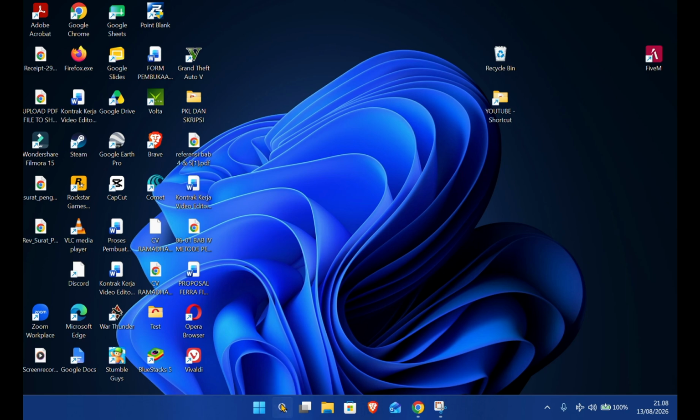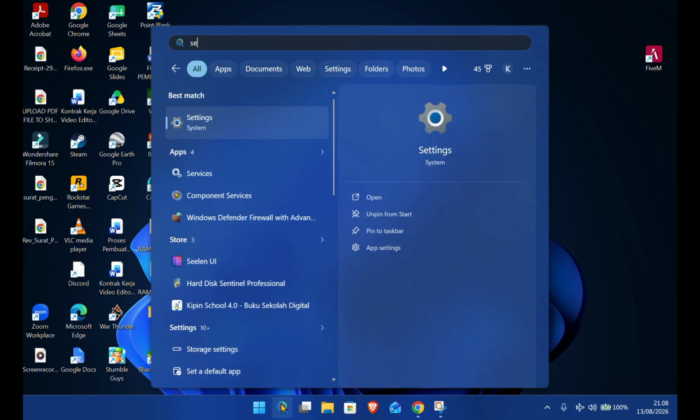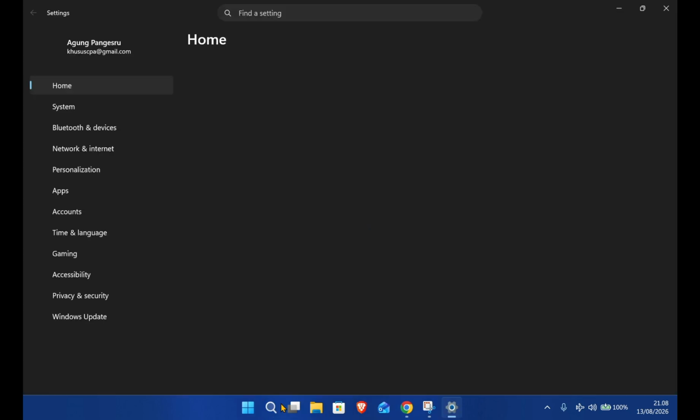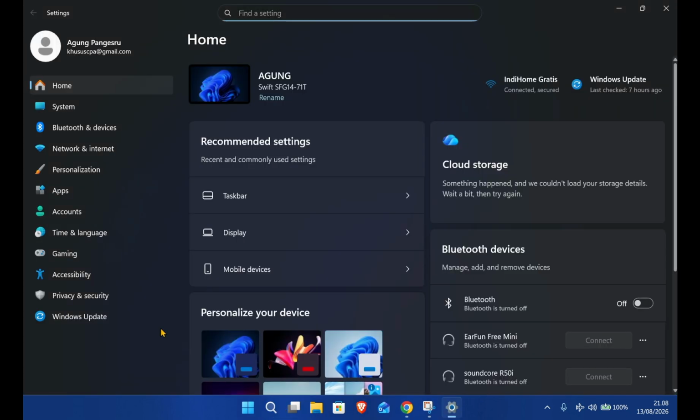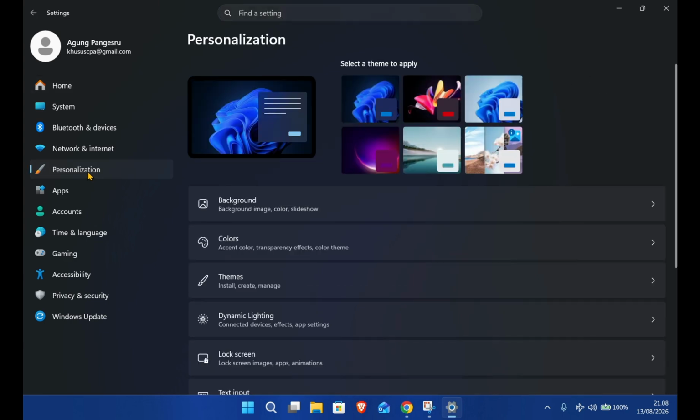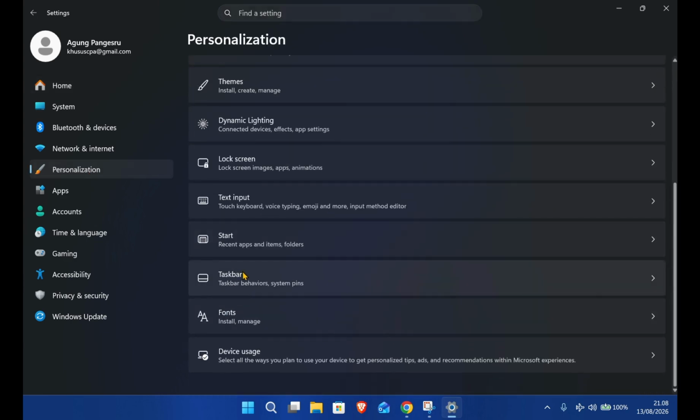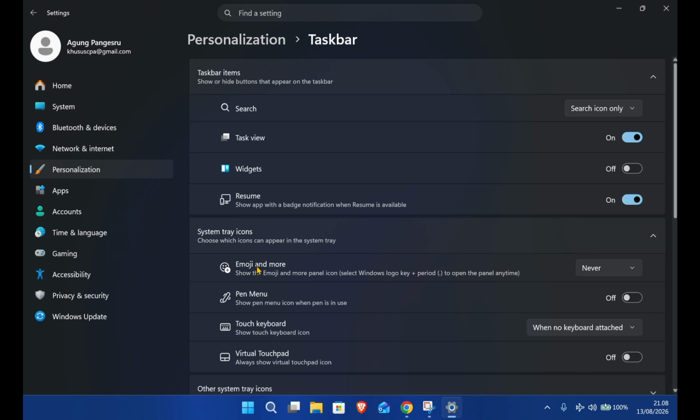So first, you can go to your settings. I'm going to search for settings and hit enter, and then in the settings page you can go to Personalization, click on it, and then scroll down until you find Taskbar. You can click on it, and then in the taskbar, as you can see, there is an option to change the